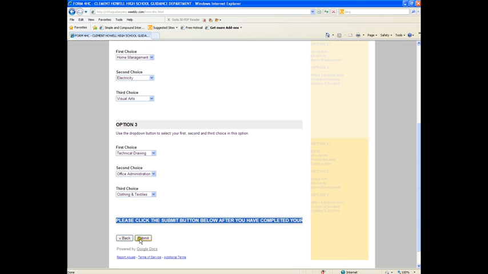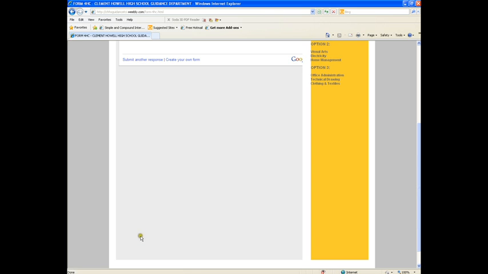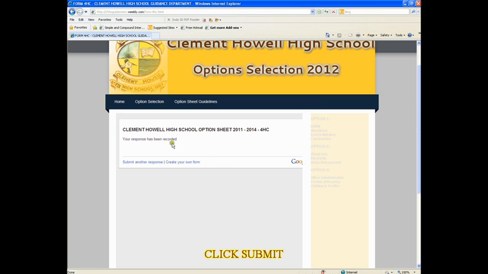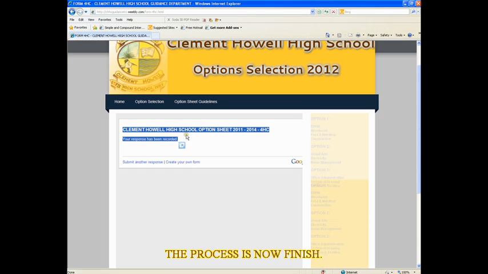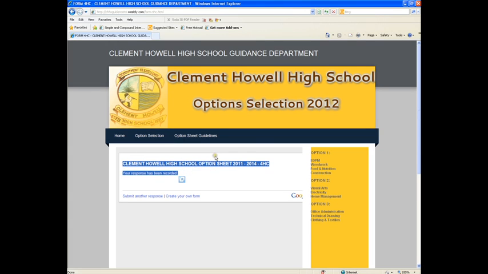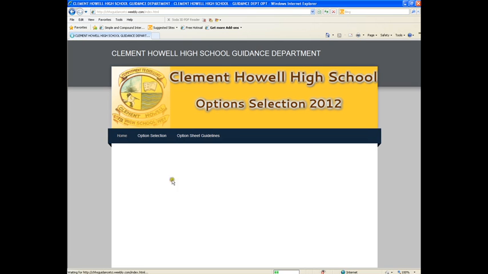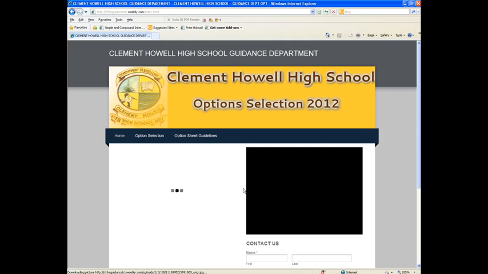Next thing, it requires you to click submit. Once you click submit, a final message comes up telling you that you have completed the process. Once you have completed the process, then that's it. You don't need to submit another form. You don't need to do anything else. That's it. And basically try not to do the wrong thing, because if you submit the wrong information, then that is going to impact